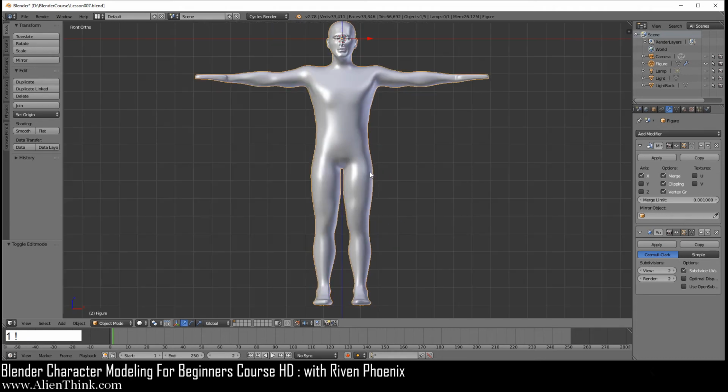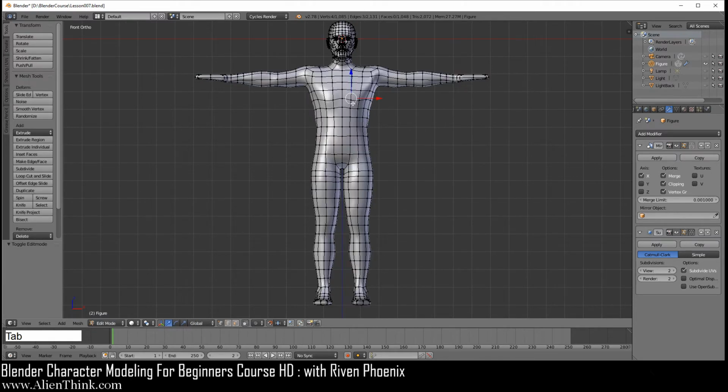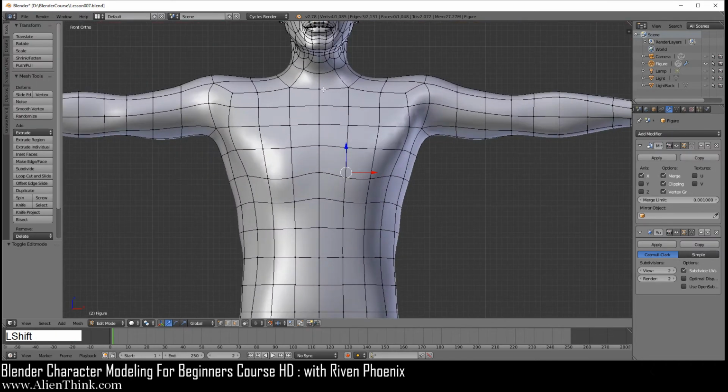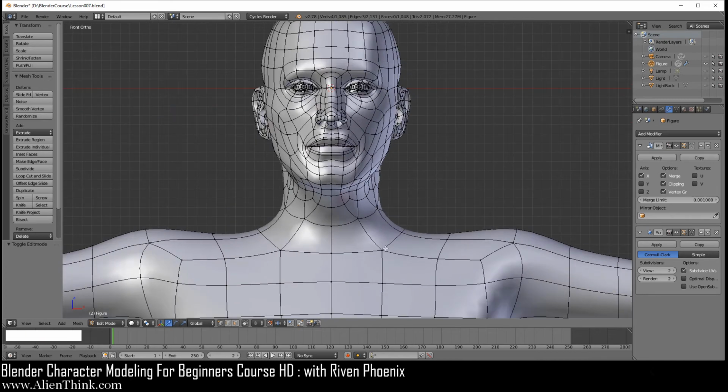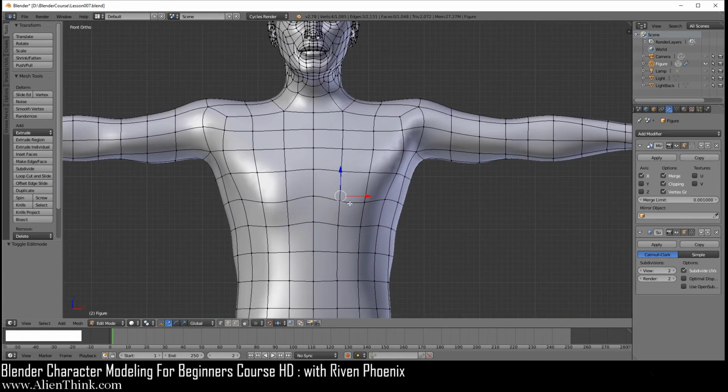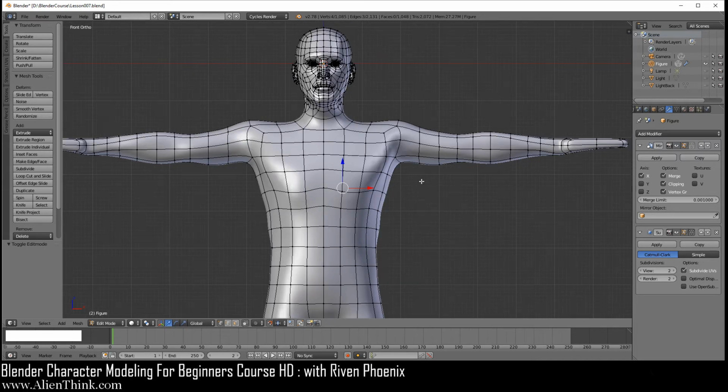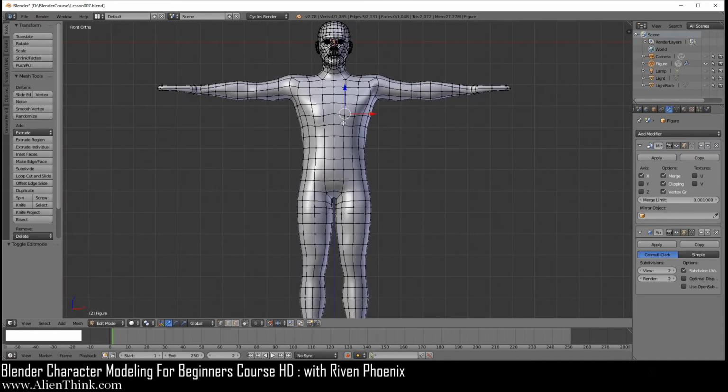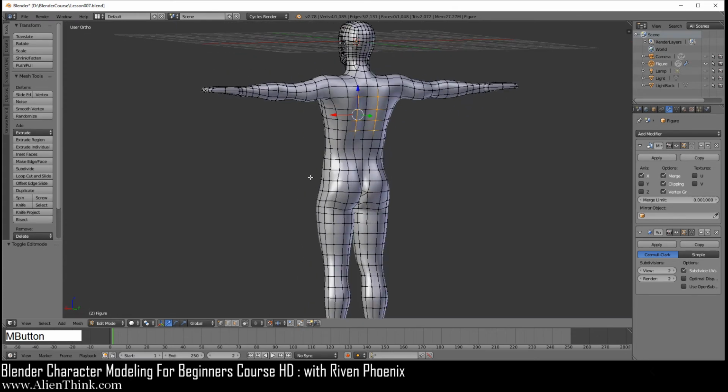And this again is the concept of 3D modeling where you take the basic shape and then you come in and start to add more details. Now this is going to look much better a little later because we really haven't manipulated the rotation of the edge loops in any of this. What I mean by this is if I click on tab, you can see that everything's just checkered, and that's not what we want. We want it to behave just like we did here on the face, right? We want it to follow the topology of the muscle structure, and that's what we're going to be doing later as we move through this course.